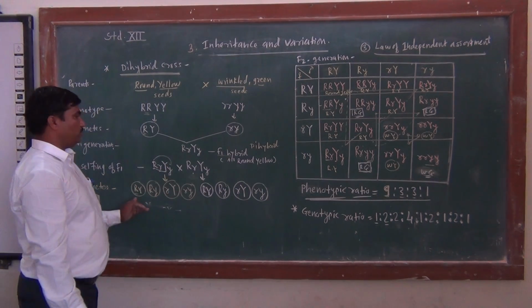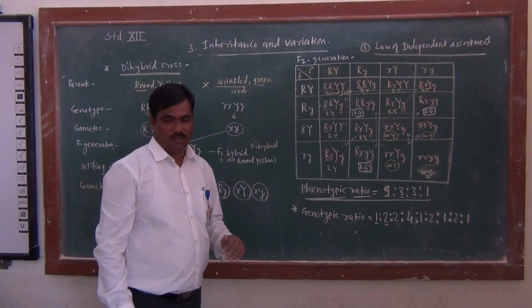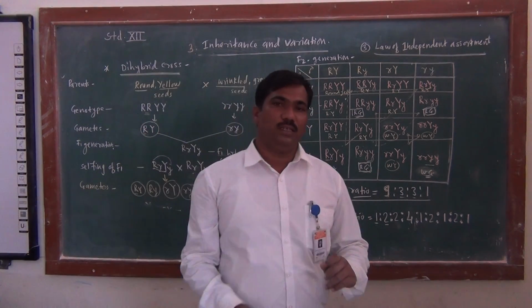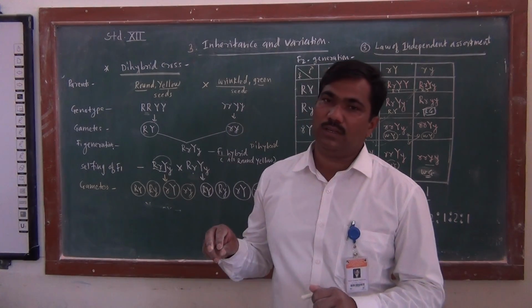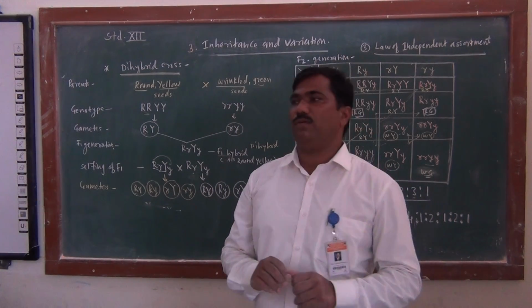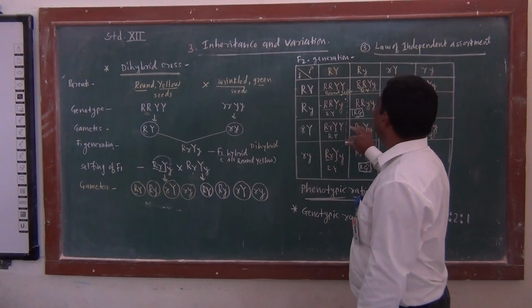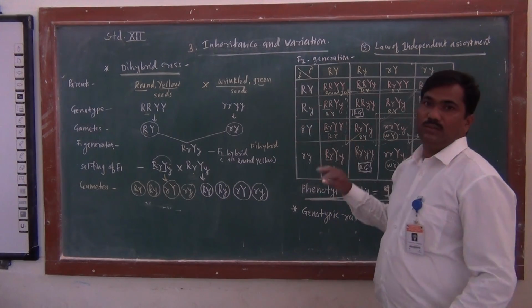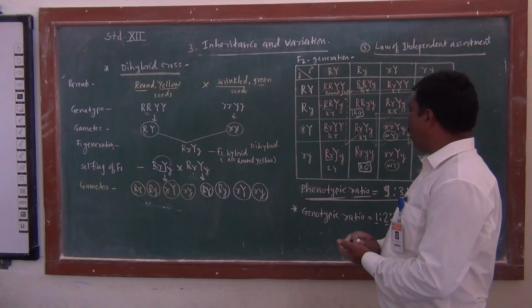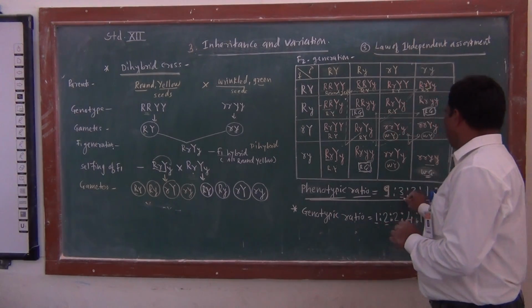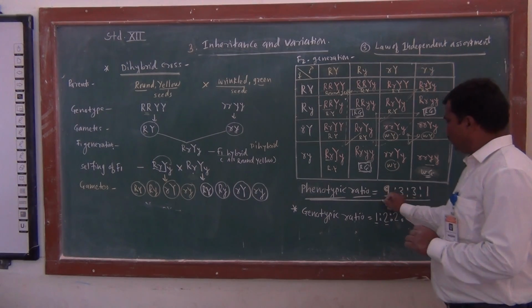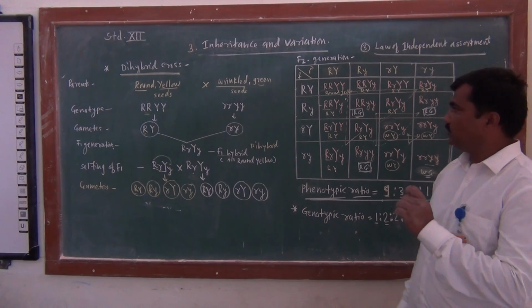So the alleles segregate and assort independently, and therefore in the F2 generation different new combinations occur, and we get the ratio 9:3:3:1, in which 9 individuals show